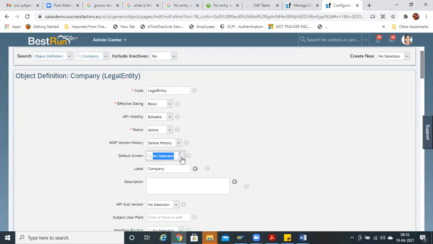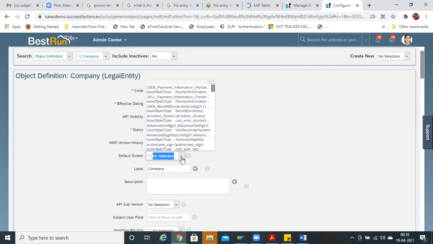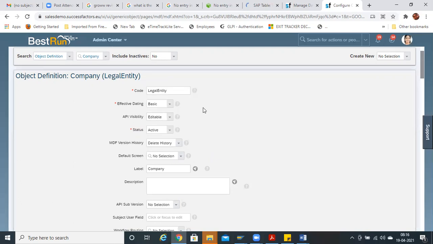So default screen, what do you understand by default screen? How it is looking, the layout, basically the user interface. This is optional, whether you use it or not.